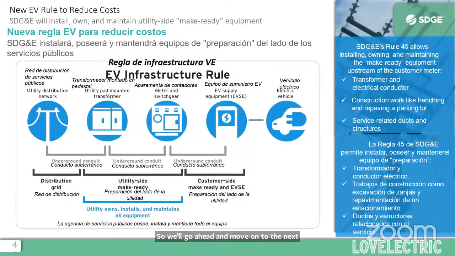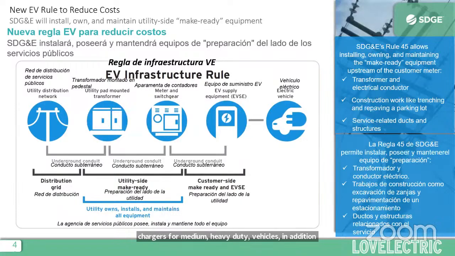And then we do have another program as well. This is referred to as Rule 45. To differentiate between Power Your Drive for Fleets, which is the first program I just discussed, and Rule 45: Rule 45 is utilized a lot of times for customers who might not necessarily meet that vehicle threshold, who might have additional considerations where they might need chargers for medium and heavy duty vehicles, in addition to light duty everyday